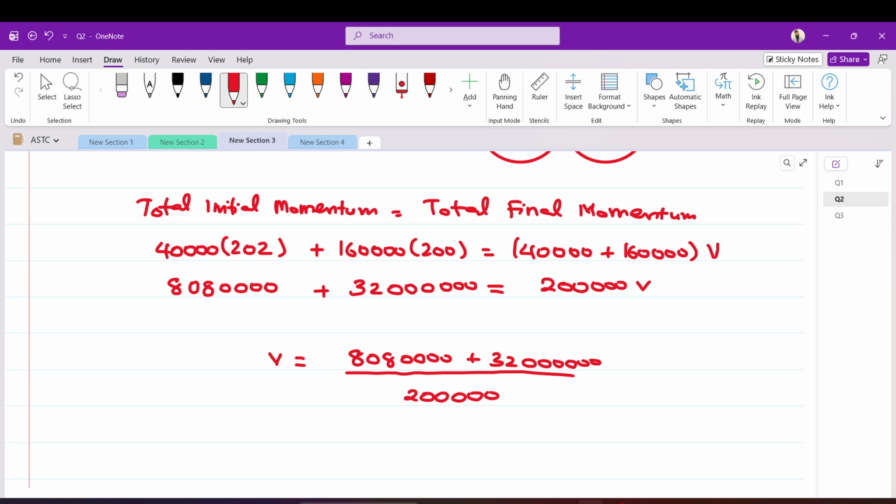Be careful about how many zeros you're writing. Sometimes you are very quick in plugging in the values in the calculator, and you miss out one or two zeros, and then it'll mess up the whole answer. So be sure to double check what you have put in your calculator. We have 808 and then four zeros, then 32 and six zeros, and then two and five zeros. So when I work this out,